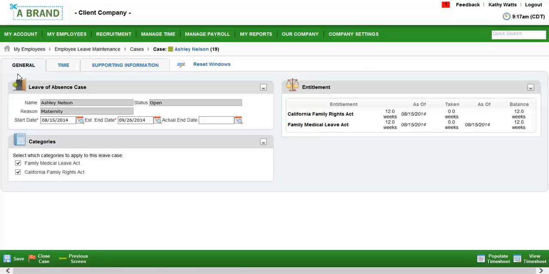And I also want to point out that you can have more than one leave category going concurrently. So as you can see here, Ashley's maternity leave will count towards both her FMLA as well as her CFRA. Their entitlement allows for the tracking of what their current leave balance is and how many hours are remaining. We will take a look at how this will come into play after we've generated the time for this leave